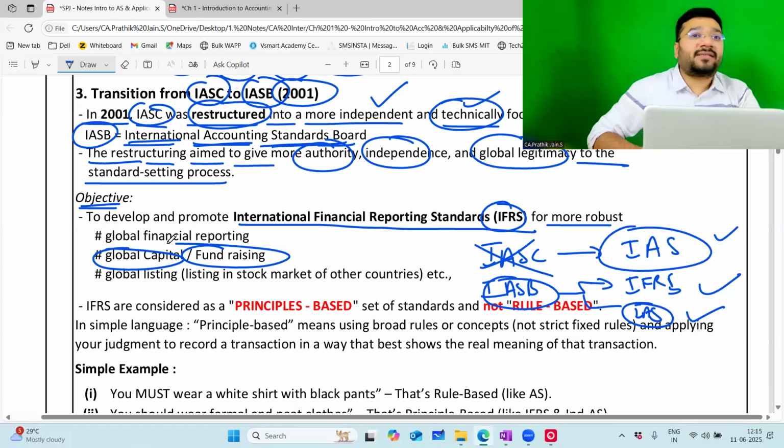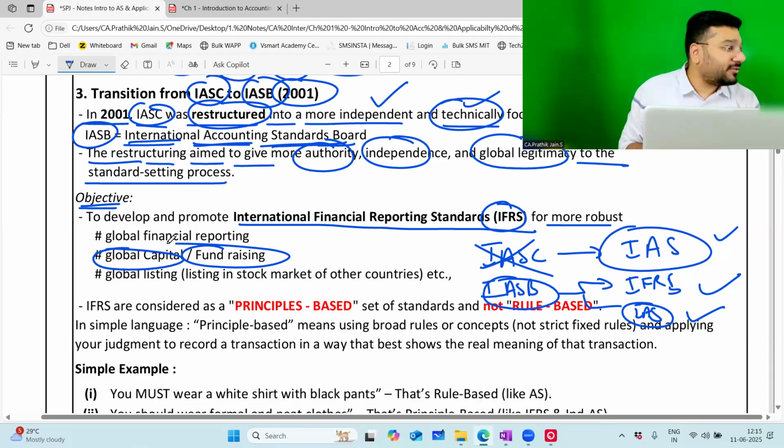Now, the international investors do not understand your accounting standard. They understand global accounting standards. So if I was a startup intending to raise money from foreign investors, they will go through my financial statement. If the financial statement is based on the Indian accounting standards, that is normal AS, they don't understand the language. Foreign people need to be given data in the language they understand. So all the foreign investors wanted the financial statement of my company now in what format? IFRS format.